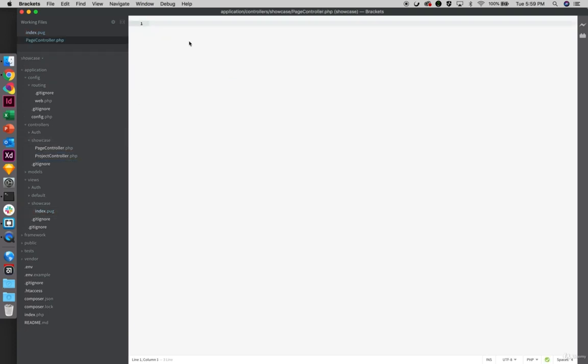Okay, and page controller is a PHP file. Remember, it's a controller, so we need to add the namespace. Then what we're going to say, it's a class, and we are going to call it page controller, and it extends controller. And then we're going to have a public index init function. Okay, what I wanted to do now, I wanted to display or to render the Pug file